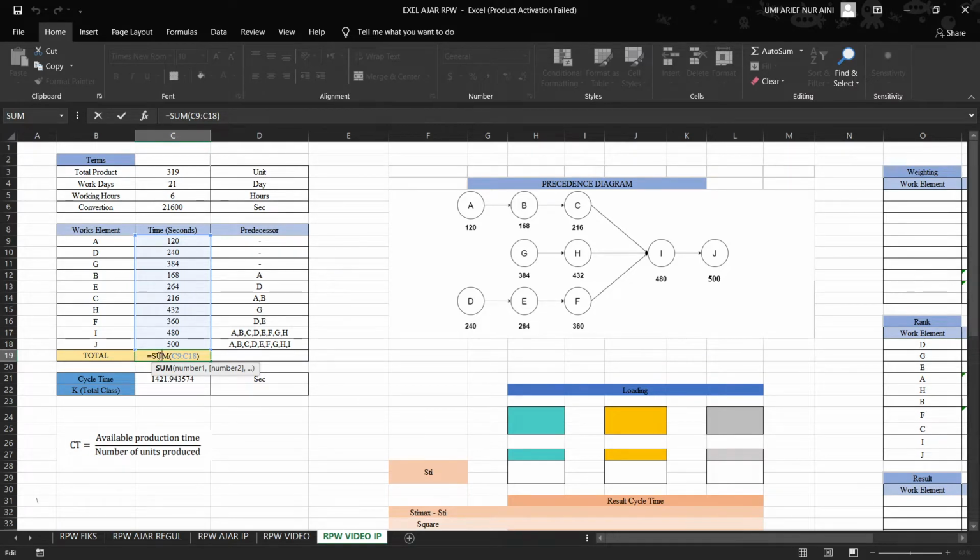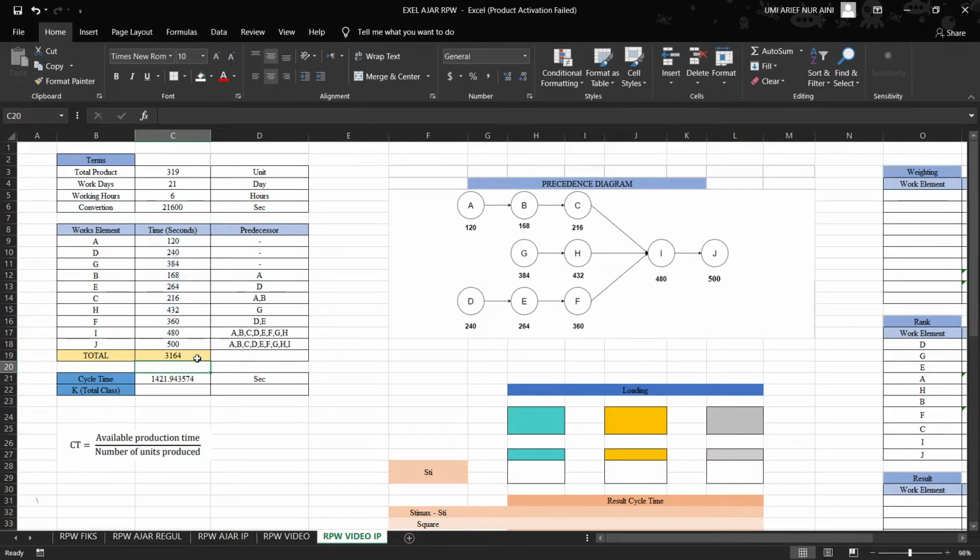After you type the sum on the keyboard, you can drag the time from work element E until the time for work element G, and then you can press enter on your keyboard.